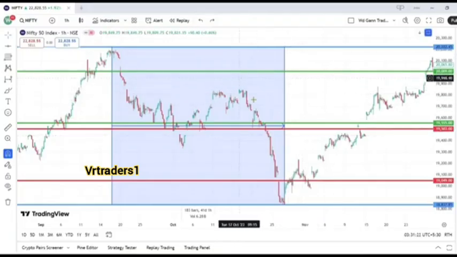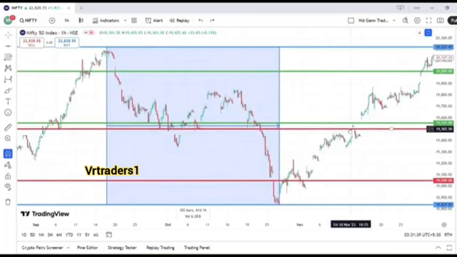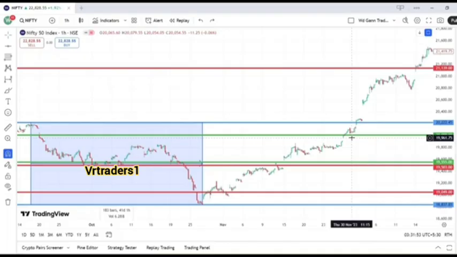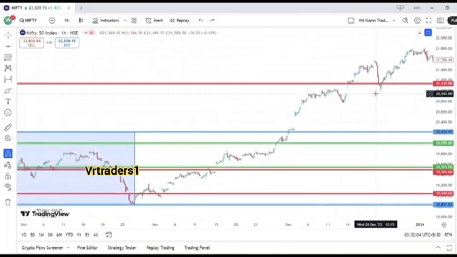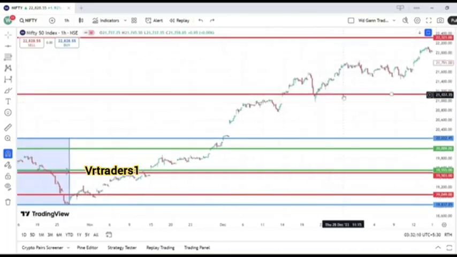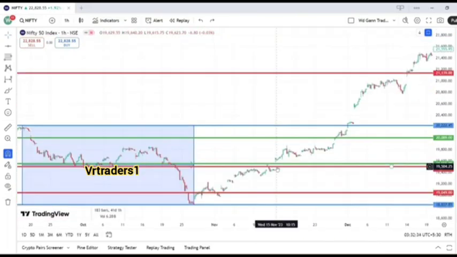So these green lines are our case 1 support and resistance levels and these red lines are our case 2 support and resistance levels. So now here you can see that in this zone it was working as very good resistance. Taken resistance one time, taken resistance two times, taken resistance three times. After it has broken, it started the rally. After that here you can see again it was working as good resistance. It broke the resistance, retested and it again started moving up. After that here you can see that this level was working as very good resistance level. After that it broke the level, retested it first time, retested it second time. So these are our major resistances and support levels.